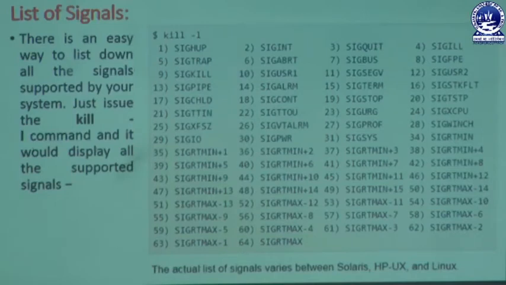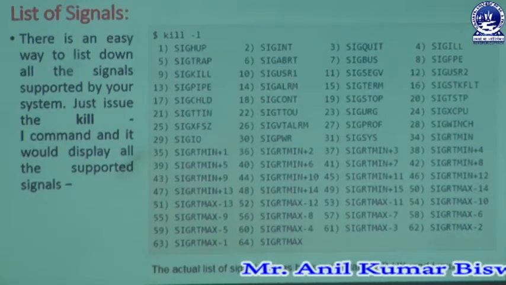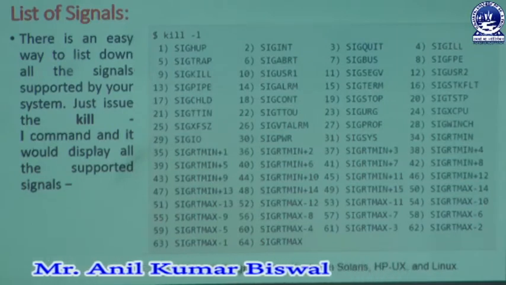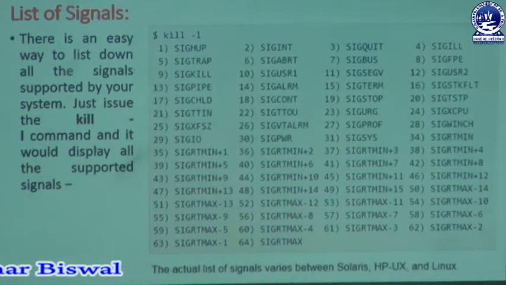So if a user wants to know about the different types of signals used in a Unix system, we can take the help of kill space -l. By using this method, we can list the different types of signal interrupts in our Unix system and easily collect information about them. In the previous slide we only learned some general interrupt signals related to our Unix system. Here, this command helps display all supported signals used in our Unix system.